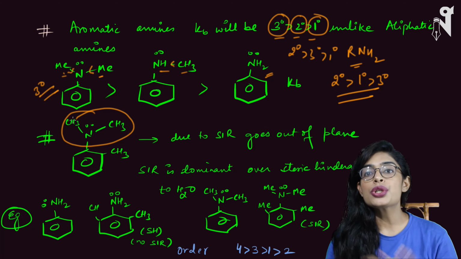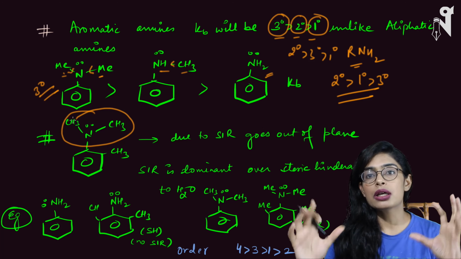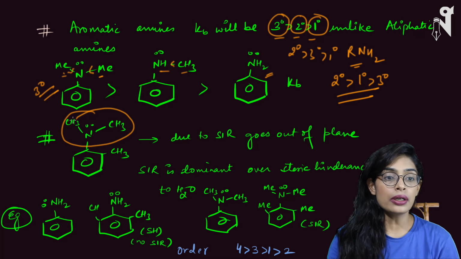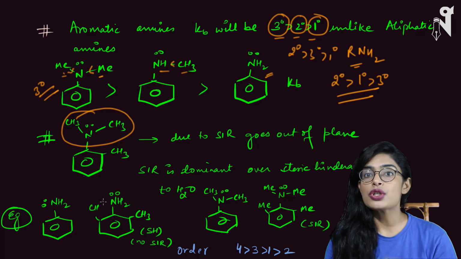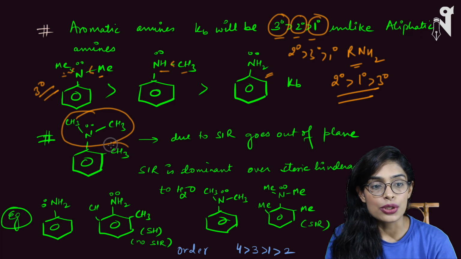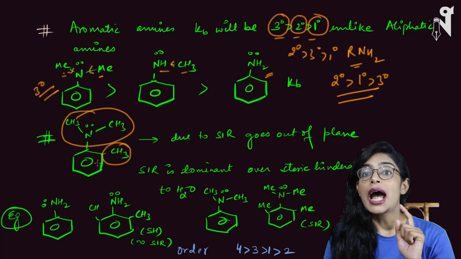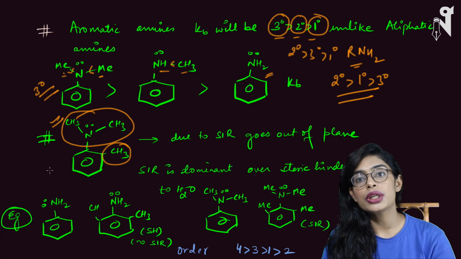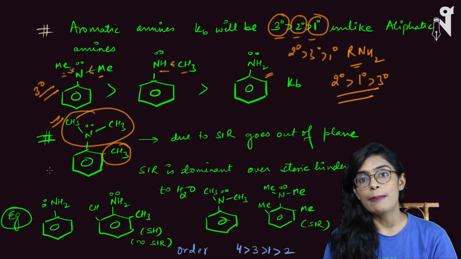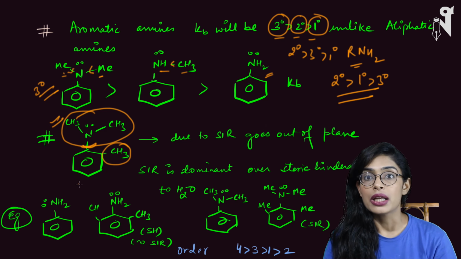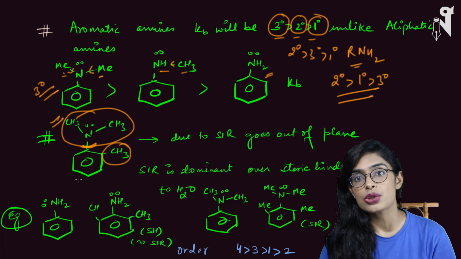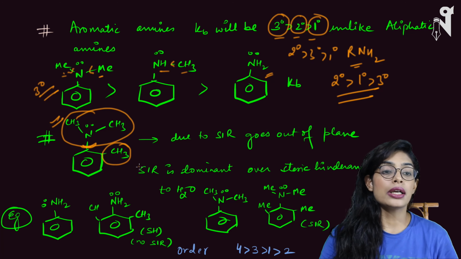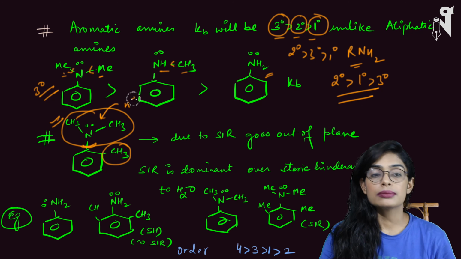But here your tertiary aniline is quite a big group, and the presence of any group on the ortho position also makes it go out of the plane. So here two effects are working together. One is SIP due to the CH3 present on the ortho position, and one is due to the bulky nature of the N(CH3)2 or tertiary amine. SIR is also applicable, that means this nitrogen goes out of the plane. Both of these effects contradict each other. If it is steric inhibition of protonation, due to the steric hindrance, H plus will not be able to approach the nitrogen, right?